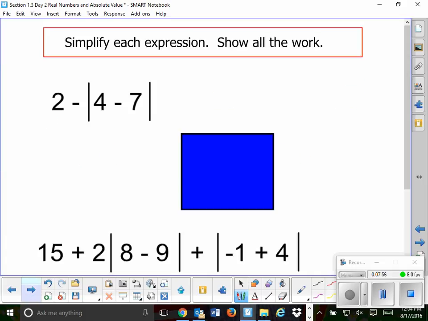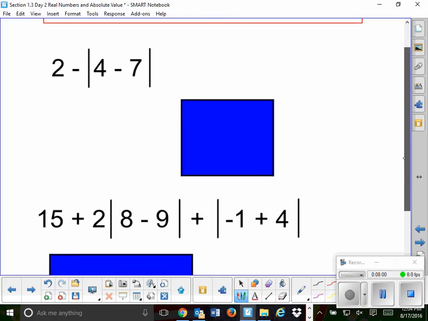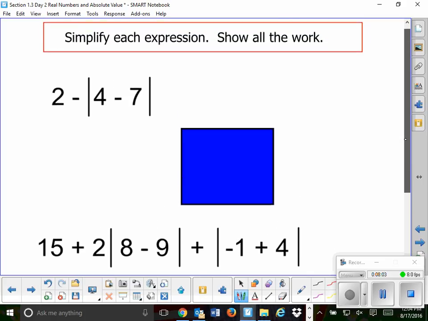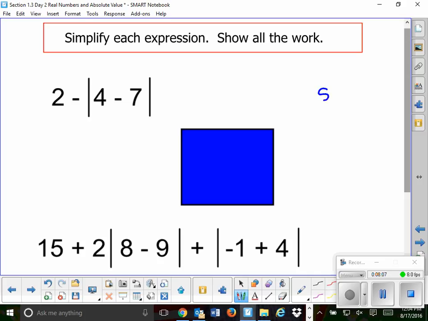And then we have 2 more. If you want, why don't you go ahead and pause this, and this is where we will actually do these 2 problems, and this is what we will start on tomorrow and go over in class tomorrow. So please let me know if you